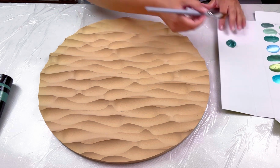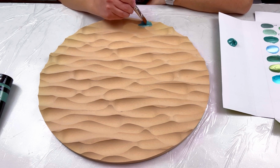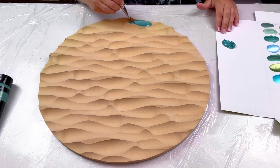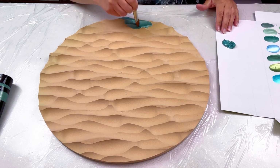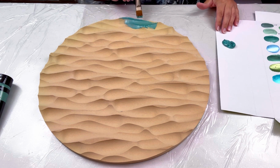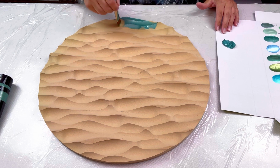And I'm just going to get started. Now, keep in mind, this is going to need at least 2 coats. So when this is all dry, I'm going to have to come back and do a second coat and maybe even a 3rd coat. So this is a time-consuming project. But when it's done, it's going to look fabulous